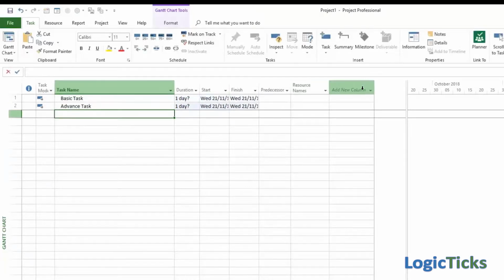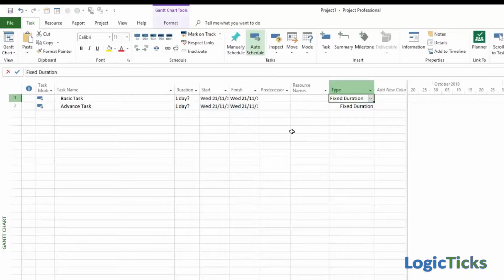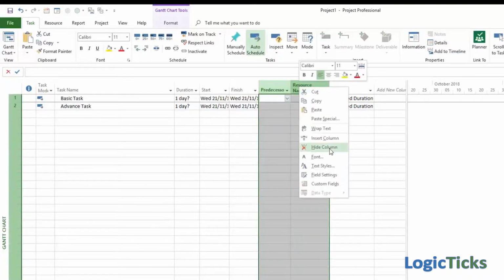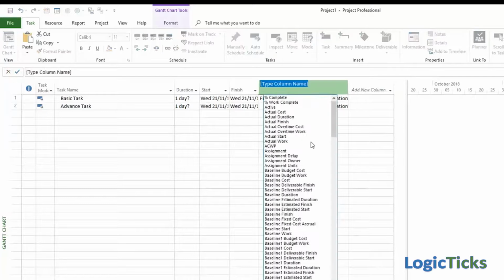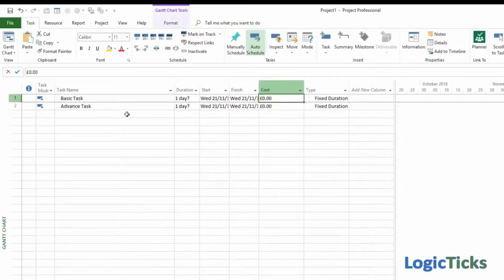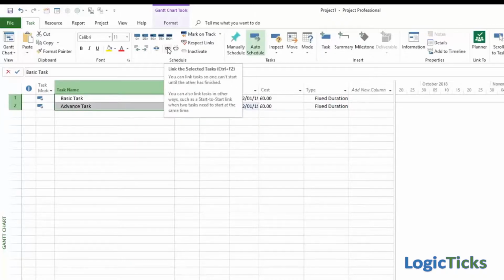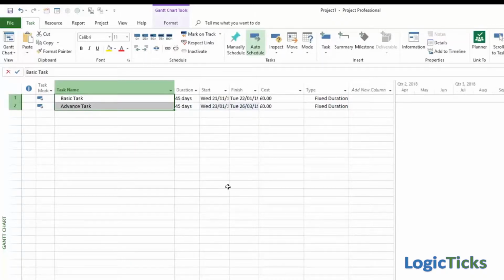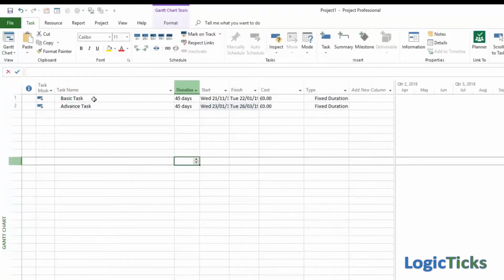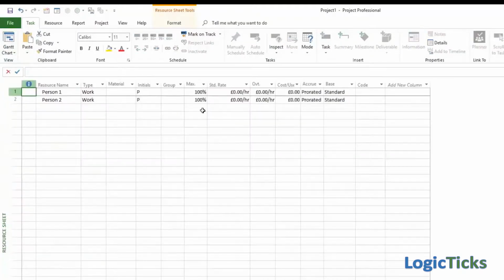And we're going to make them fixed duration tasks. So we're going to display a cost column so we can track the costs for each of these tasks. And we'll make them 45 days long so they go over a period, so that we can actually play with costs over a period of time. Now we've also created two people, person 1 and person 2, and let's assign some actual cost rates to them. So a standard rate of £200 a day